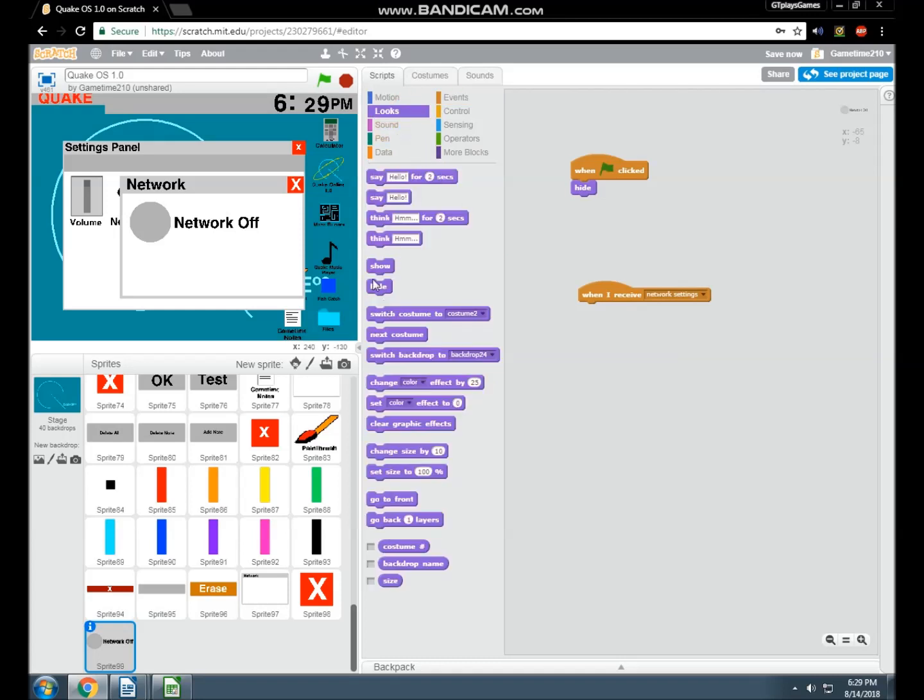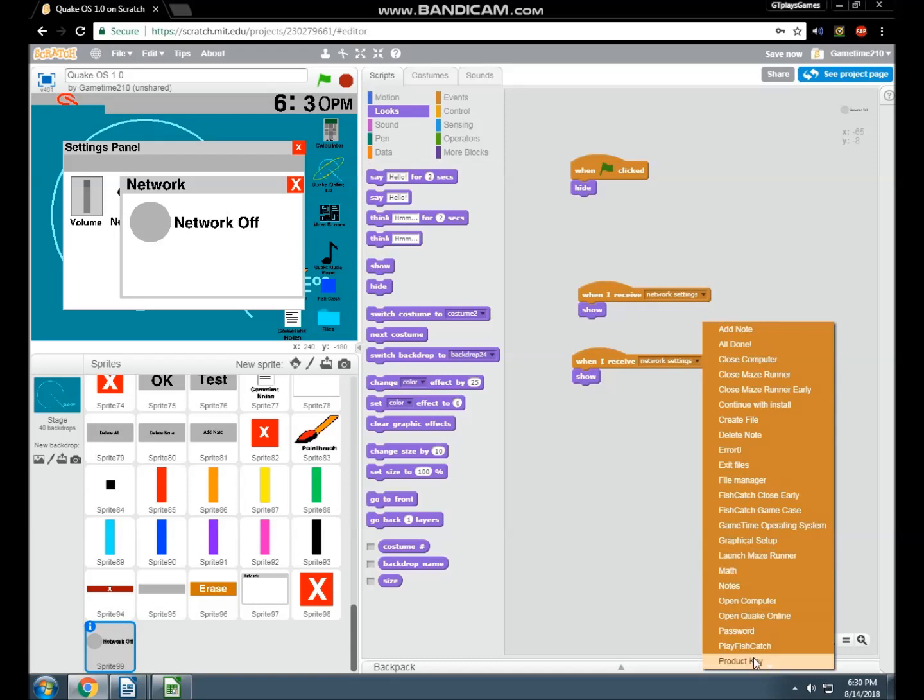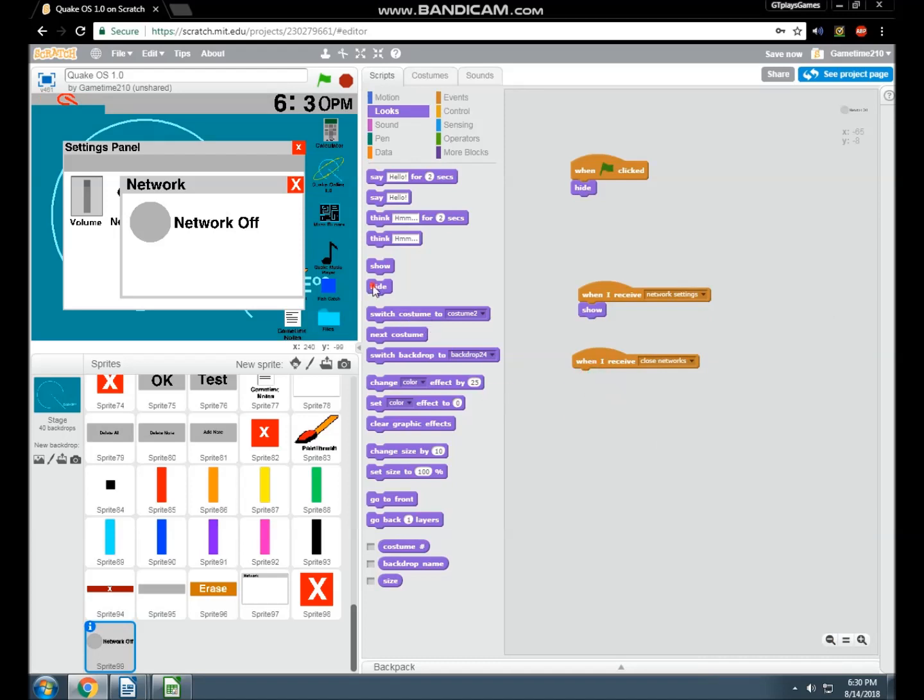Well, network settings, sorry. And then that will be show. Okay. And then duplicate. And that will be close networks. And that will be hide. So then as you can see, when you click the X button, it will go along with that. But it doesn't come back.